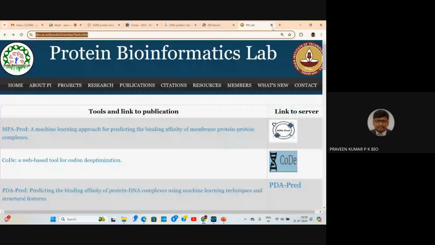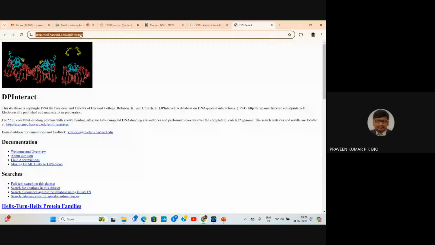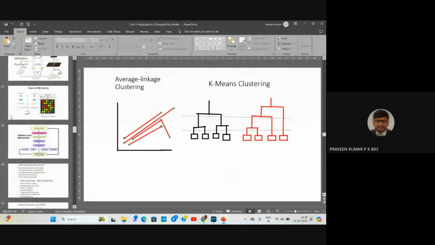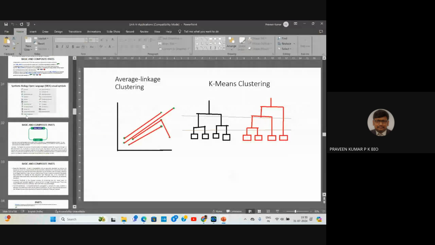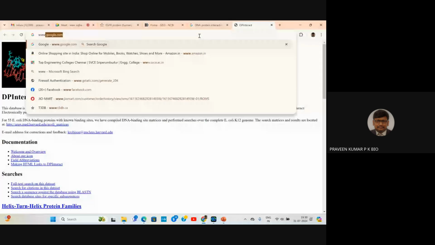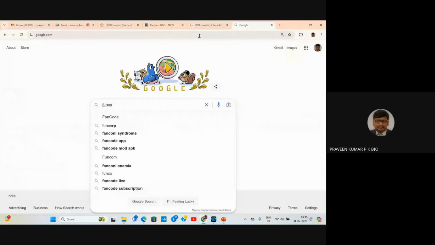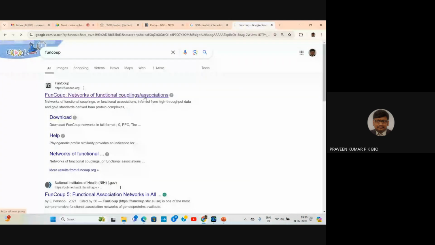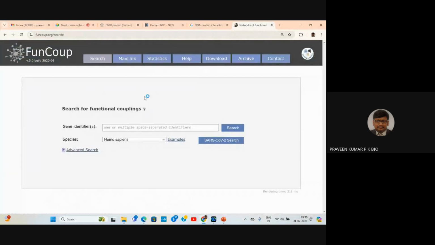Okay, so now I can take you to the synthetic biology. Till now, whatever I explained is related to system biology. I can also show you one more interesting software called FunCook, because if you want to practice and train on mini projects, this knowledge is essential. Instead of just training you in the theory, you can even learn that from Wikipedia or even artificial intelligence